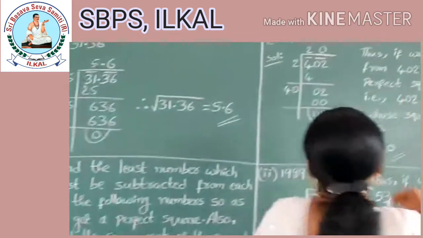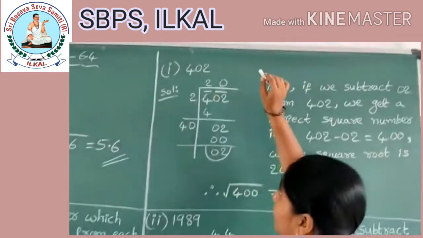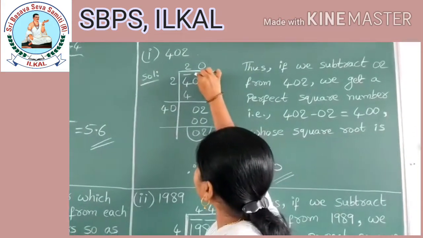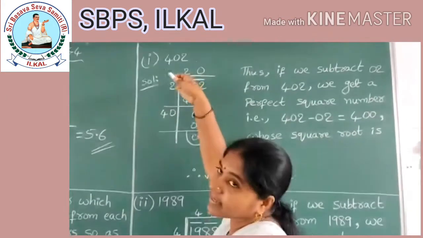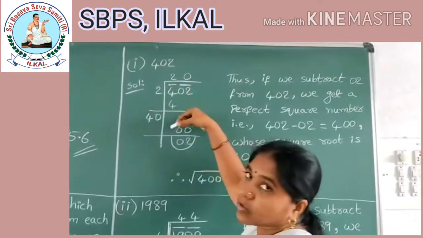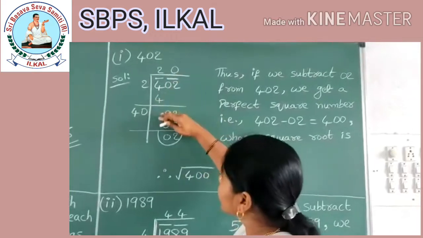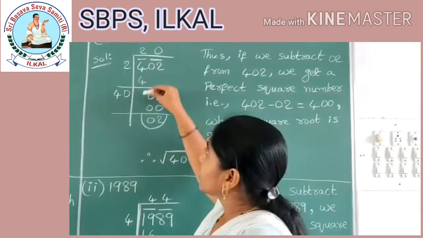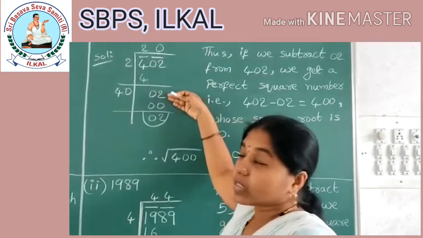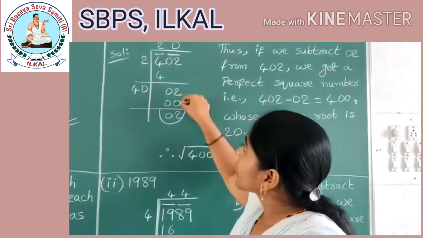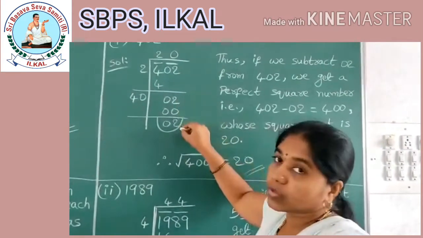First one, 402. Okay, it is a whole number, children, so from the right side onwards, two digits at a time, and the single digit that remains, we put a bar upon that. 2 twos are 4. 4 minus 4 is 0. Okay, next two digits I will consider. 2 plus 2 is 4, children. Here 2, only just 2 we have. It is not a square number also. Then I consider 0 zeros are 0. Then 2 minus 0 is 2 itself.